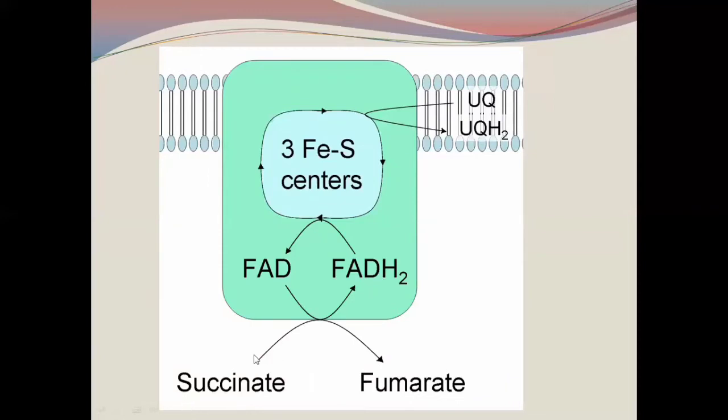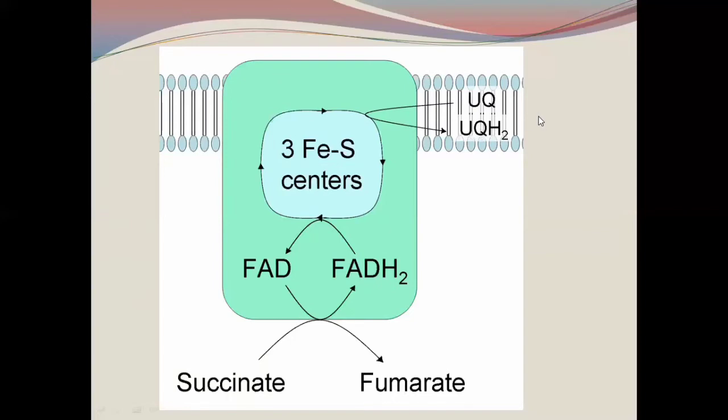Okay, so from succinate the electrons are taken and the hydrogens are taken up by this FAD, which will be reduced to FADH2, right? Now this FADH2 will transport its electrons to these iron sulfur centers. It will pass through these iron centers, and they will get reduced, and as a result these electrons will be taken up by the other component, cytochrome B. Then cytochrome B will transfer its electrons to the ubiquinone, and ubiquinone will be reduced to ubiquinol, and this ubiquinol will carry its electrons to complex 3.